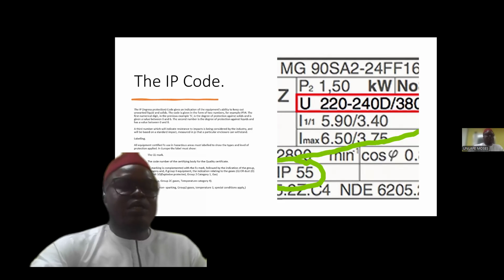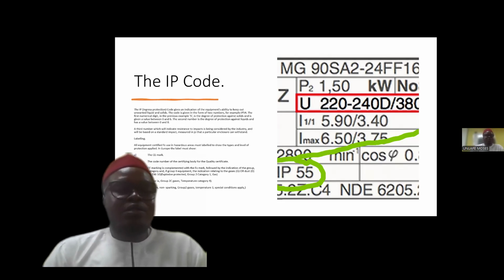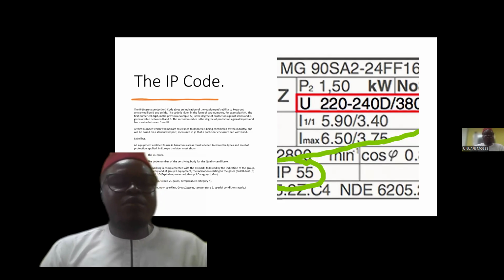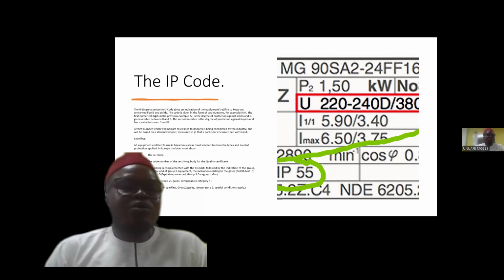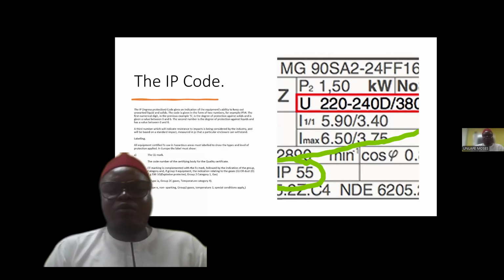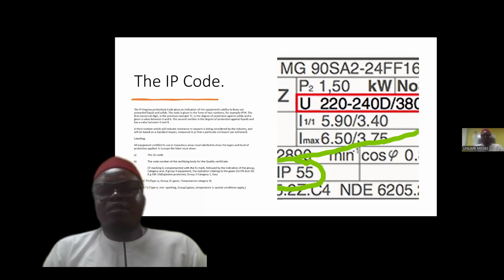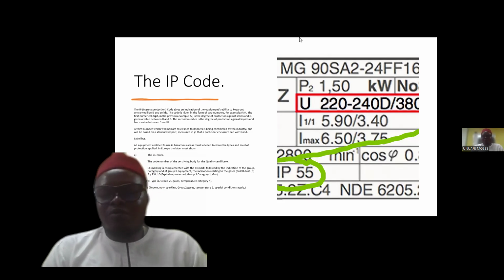Now, the IP ingress code gives an indication of the equipment's ability to keep out unwanted liquid and solid. For us to do this, let's take, for instance, an equipment that is supplied, and that equipment has a nameplate as it is on the slide, IP55. To find out the protection level of this IP55, I want us to understand that IP